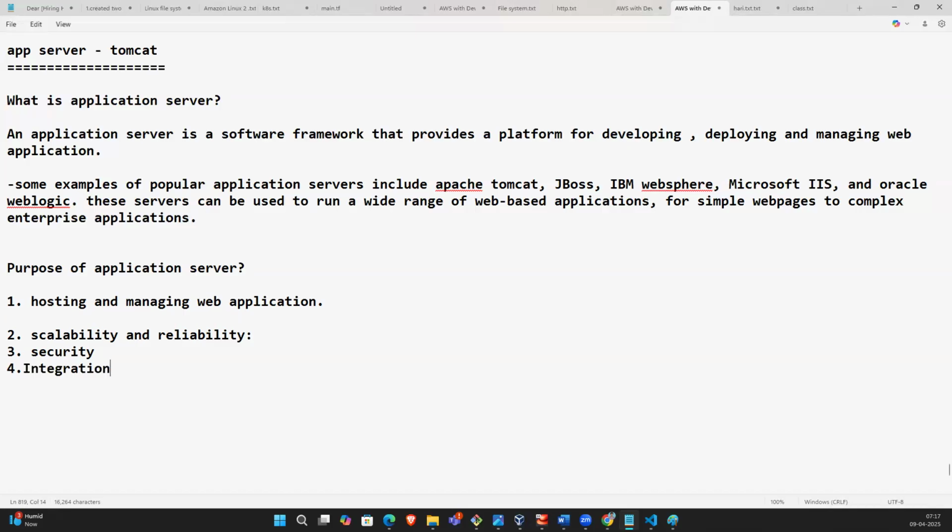Third one is integration. Hosting and managing a web application. What is hosting and managing a web application? An application server provides a runtime environment for hosting and managing web applications. What are the application servers? Tomcat, these all are application servers. This includes handling user requests, managing sessions, and providing a variety of services such as database connectivity, web services,